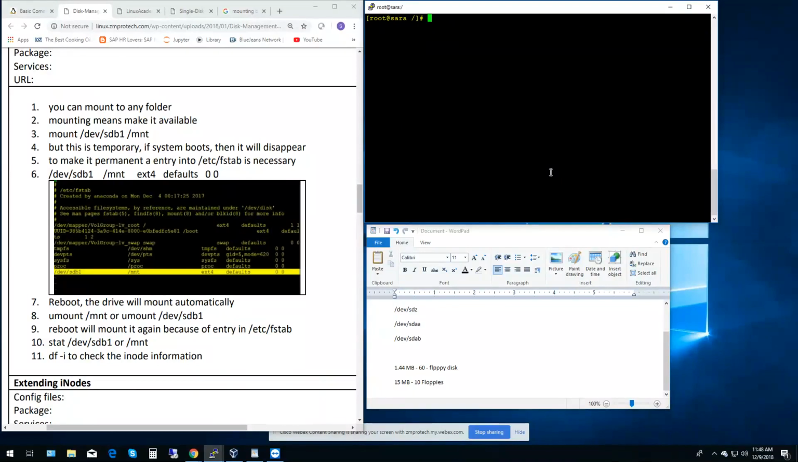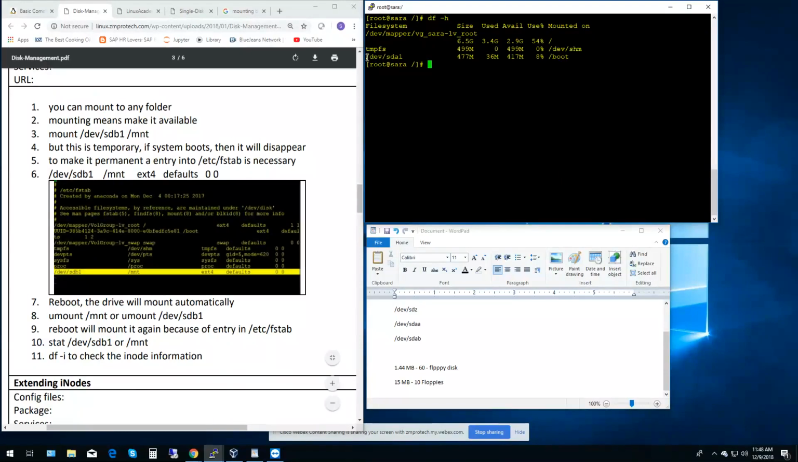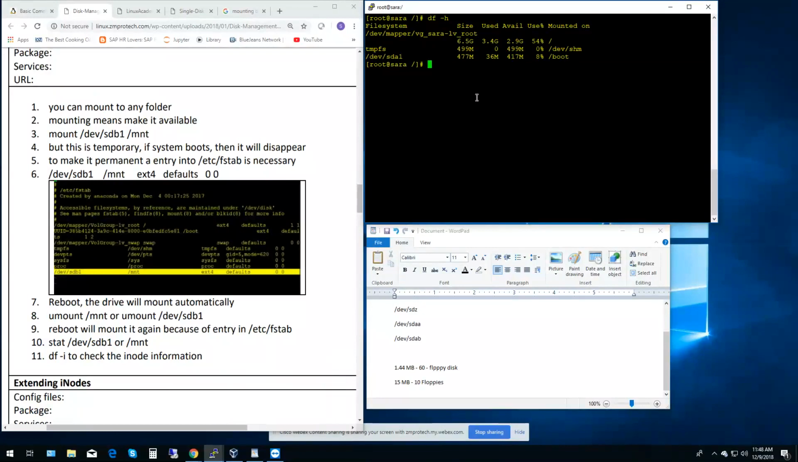So let's create a folder here. So we do df -h, right? We don't see sdb1 in there. So to get it utilized, sdb1, what you have to do is mount it to a folder. So let's create a folder, mkdir /